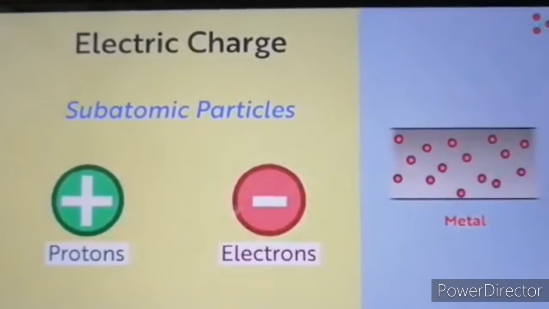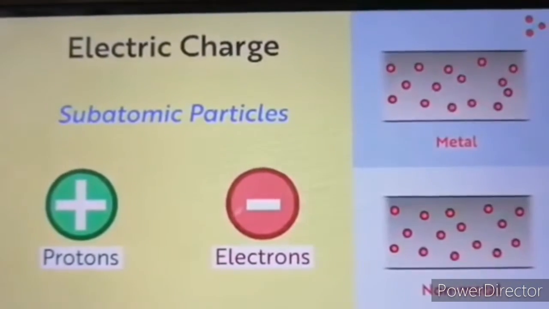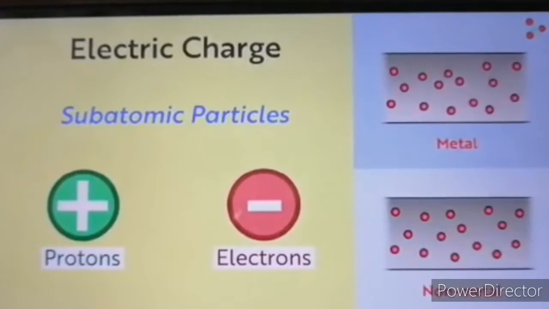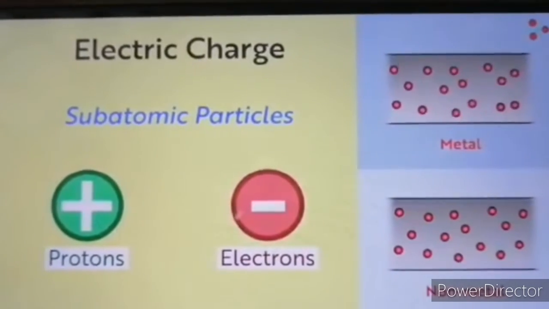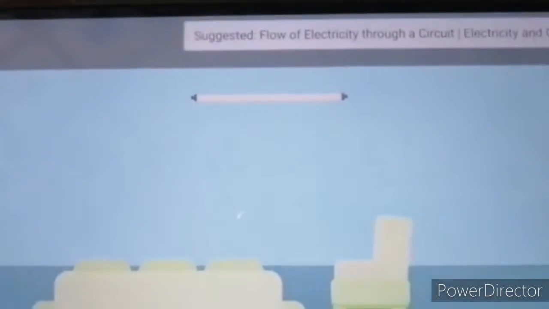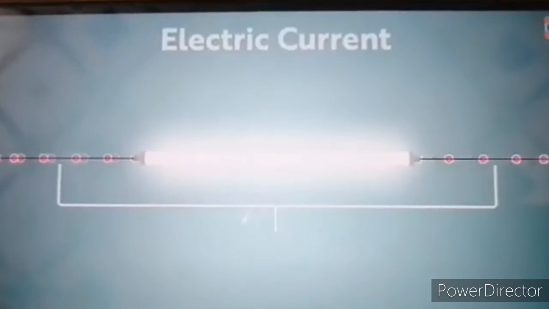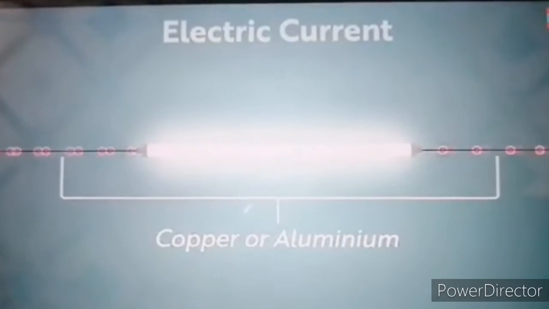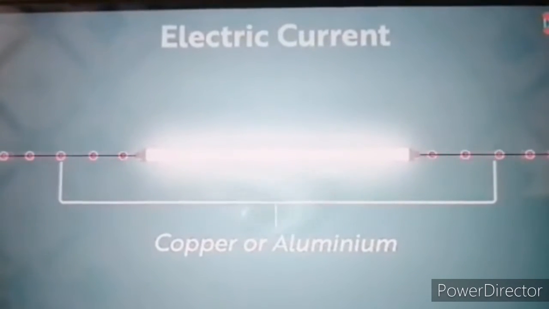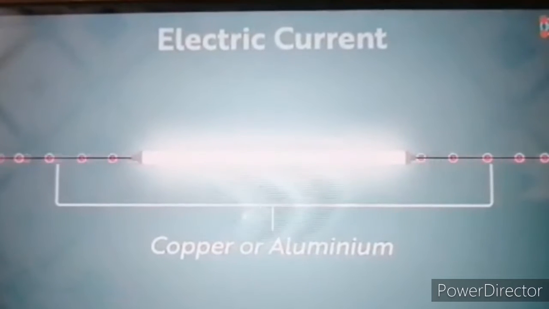Now you can see a difference between a metal and a non-metal. In metal, we can see the small charges, which are the negative electrons, are always in random motion. Due to this motion of negative electrons, we can get current electricity through any electric wire made up of copper or aluminum. When these negative electrons pass through an electric wire, it generates the electric current due to the flow of these negative electrons.